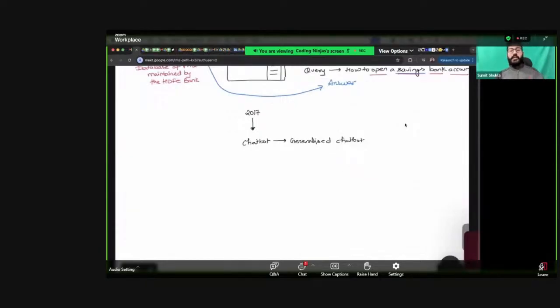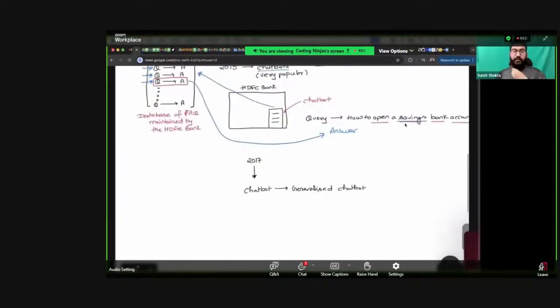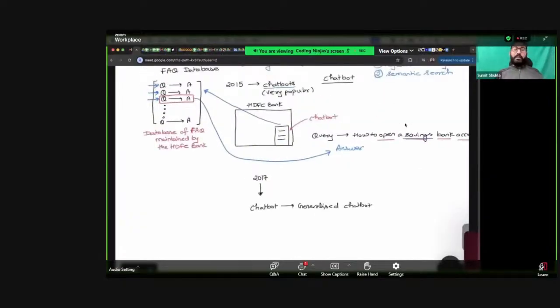Now, what is the meaning of generalized chatbot? As of now, this particular chatbot is limited to a domain and a limited set of knowledge base, right? So I cannot use this chatbot to ask questions related to any other company or any other industry. So this chatbot, which is running on the HDFC Bank website, is limited to one domain and